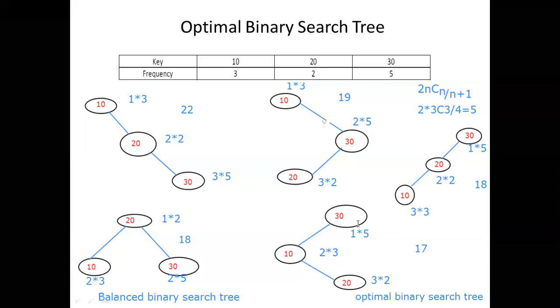Now you may have confusion that this is the way we have to find it out. But you see, it is very complex if you are going to draw like this. With 3 keys, it's okay. If it is 4 or 5 keys, we have to draw so many trees and it will take a long time. We have another method to find the optimal binary search tree. In the next slide, I will explain that particular method and how to draw the tree, as well as the algorithm.